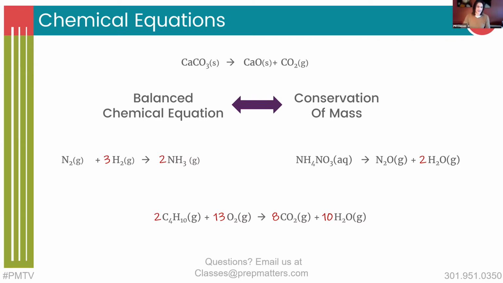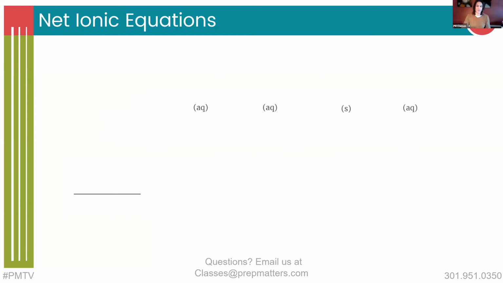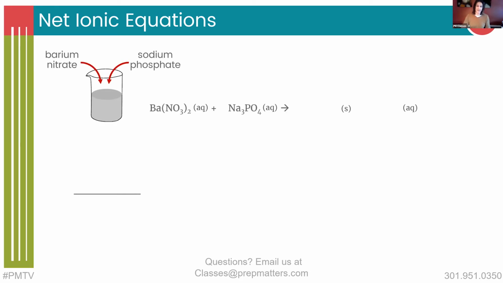So before we dive into kinetics, the AP does cover a little bit about a couple different kinds of equations. So let's start with net ionic equations. So I have a beaker here. We're going to throw in some barium nitrate and some sodium phosphate. Well, that ends up with